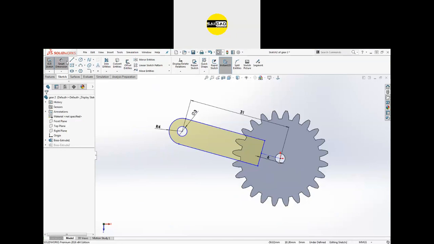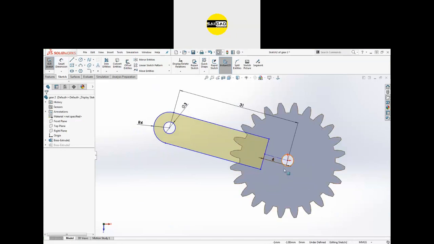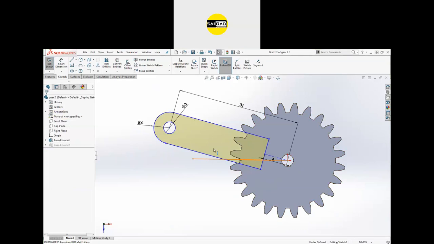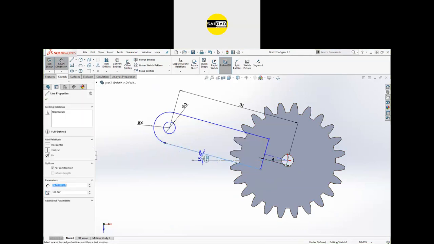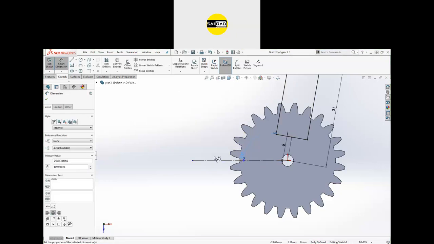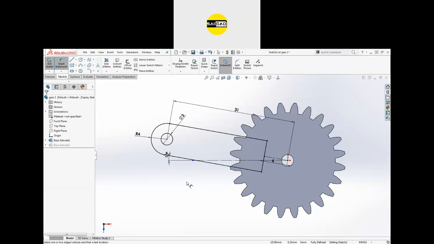So define the angle. I need the angle from a straight line, and that should be 10 degrees somewhere here. So that's 10 degrees, not 100, 10 degrees. So we need the shape like that, and the center should not be here.